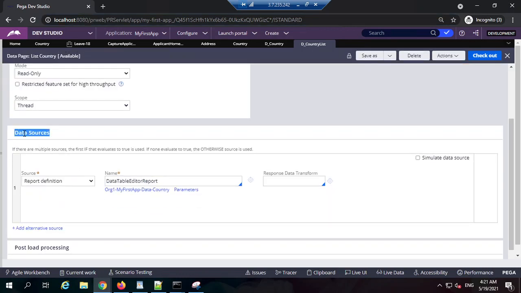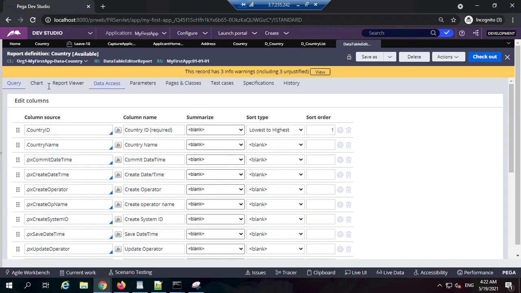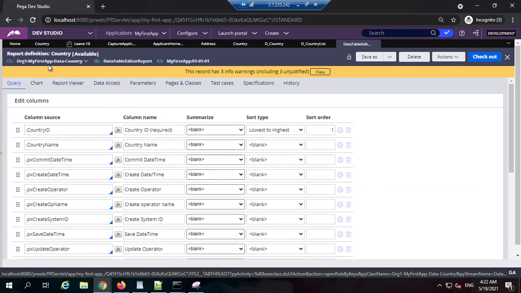And for the data source, this is a rule called report definition. This will come later in your course, but just to give you a brief, this is basically used to report on the database. How does this work? These are the column names I want to fetch in the report. This is a where clause, which is currently empty, and this is the class it is fetching on.